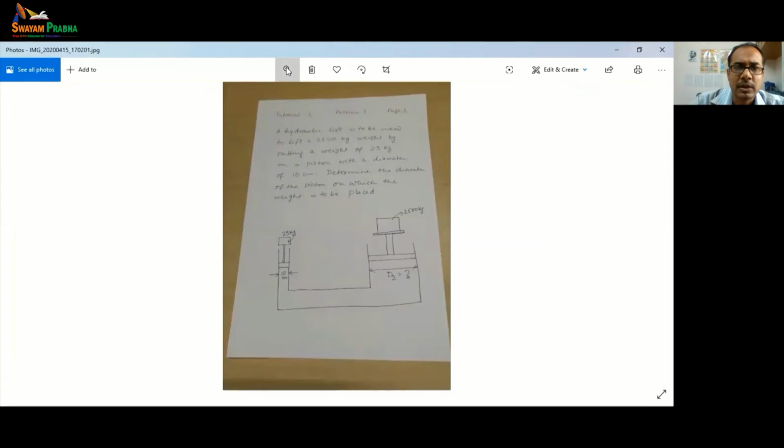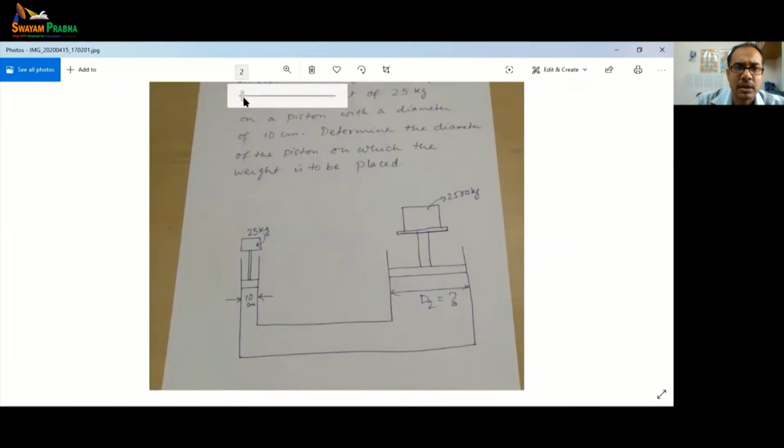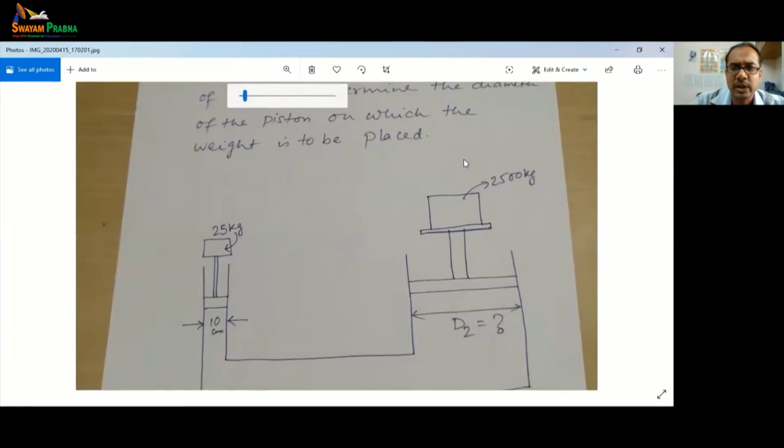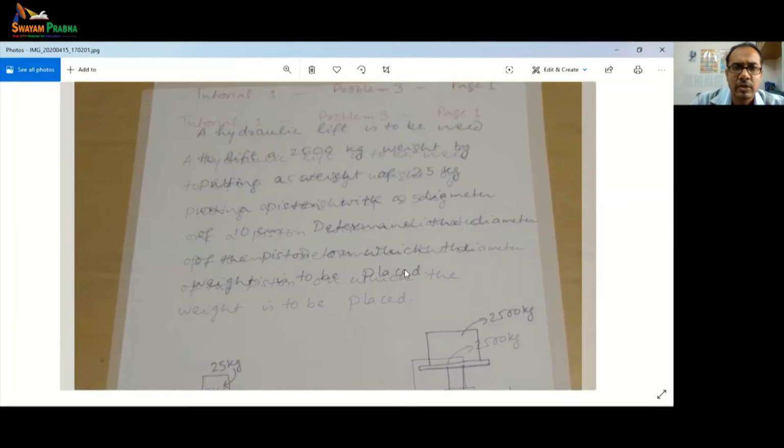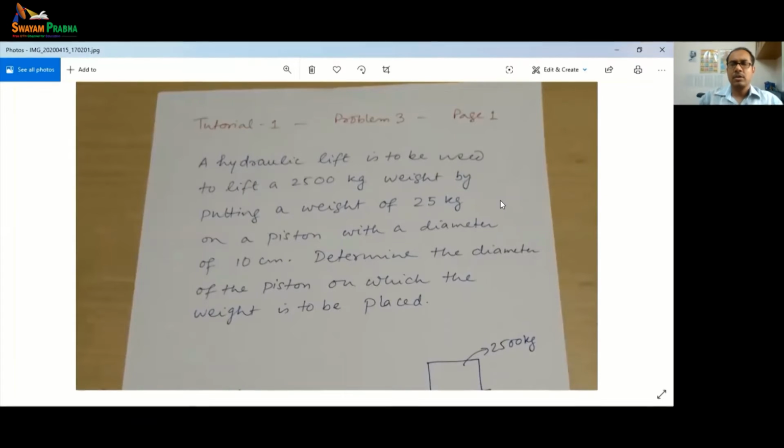which will be using the concept of Pascal law. Pascal law you have learned in your school days, I suppose. So what we are doing here, we are trying to design a hydraulic lift. This you have seen somewhere in a car repair shop, wherever you have a heavy object to lift, but you want to use much less force compared to its weight. That is the concept of hydraulic lift that we are going to see here.